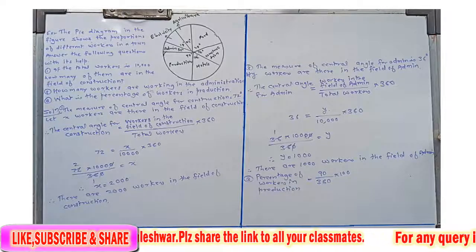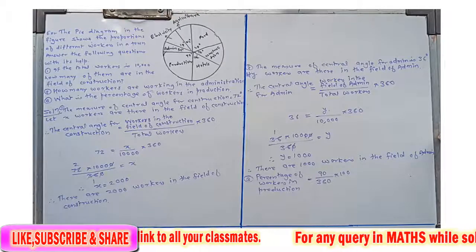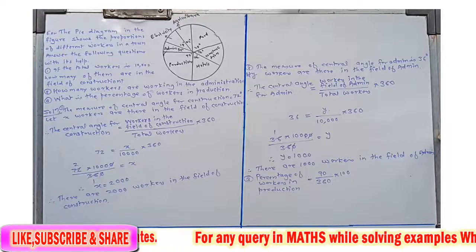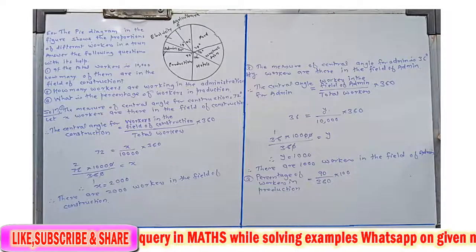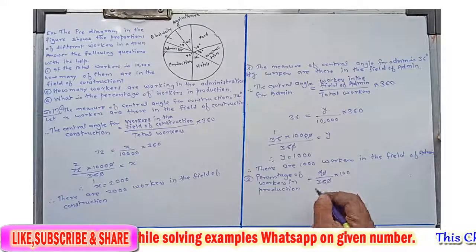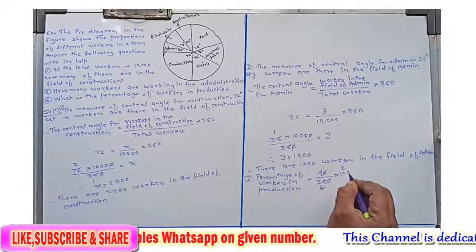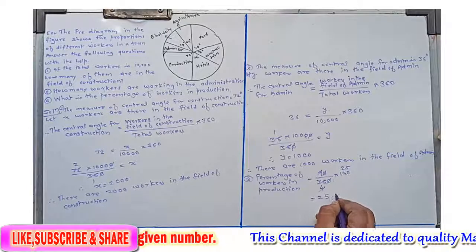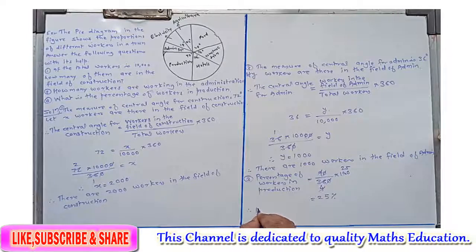समझ में आ रहा है? जो भी जिसका भी अपने को परसेंटेज फाइंड करने का रहेगा, वर्कर्स का परसेंटेज फाइंड करने का रहेगा, तो उसका जो सेंट्रल एंगल रहेगा वो सेंट्रल एंगल डिवाइडेड बाय टोटल मेजर ऑफ दिस सर्कल, दैट इज 360 into 100 करेंगे. ओके, देन यू विल गेट द परसेंटेज. सो दिस जीरो गेट कैंसिल. 9 1 जा 9, 4 जा 36, 4 1 जा 4, 2 जा 8, 2 left, 4 5 जा 20, that is equal to how many percent? 25%.